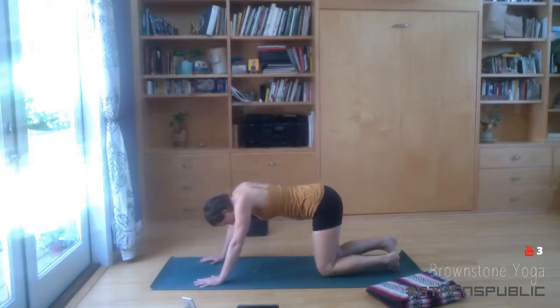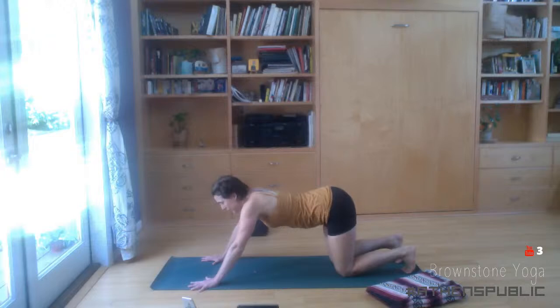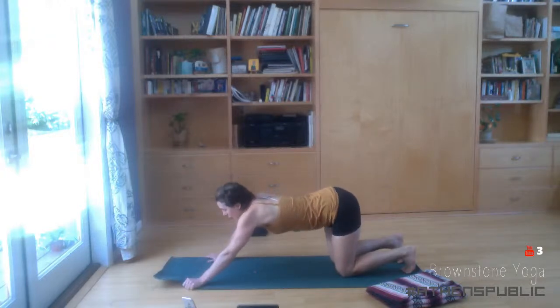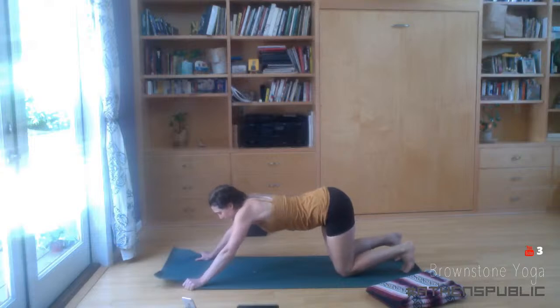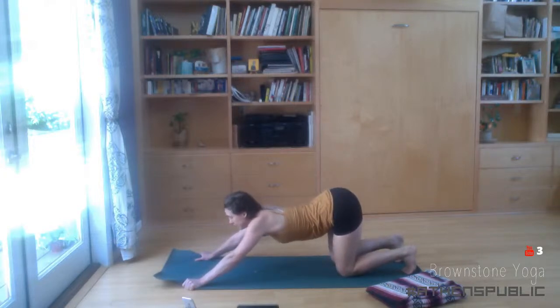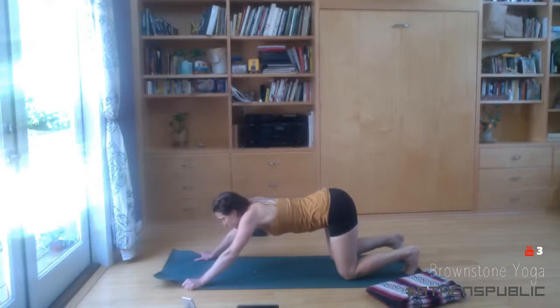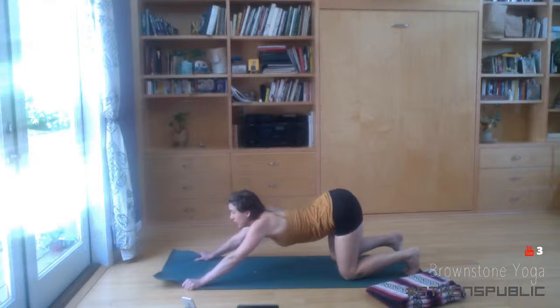Walk the knees back and tuck the toes under. Okay, options here to keep the hands splayed out as they were in tabletop and as they will be in dog, or grab the outer edges of your mat. Either way, start to tilt the tailbone towards the ceiling. I'm going to even walk my knees slightly farther apart to increase this effect of tilting or rocking the pelvis